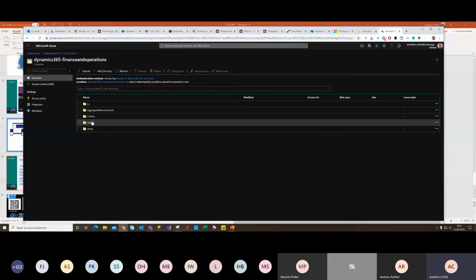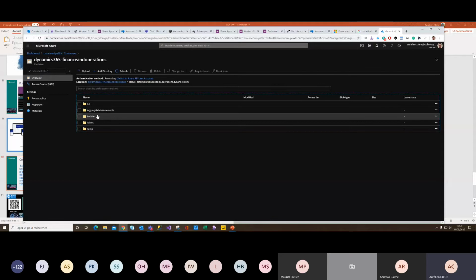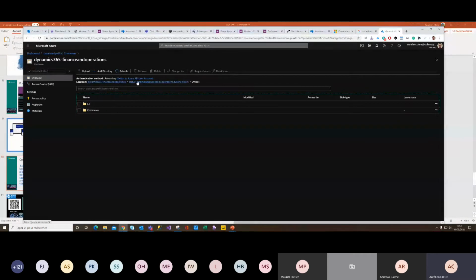But now we will have the ability to not use the bring your own database option to sync to Azure SQL database. You can push your data entities directly to the data lake. So I think somehow the CDS dual write and the CDS virtual entities will just be a mirror of this data lake, because it will be a synchronous sync, and behind it will be a CSV file in the data lake.